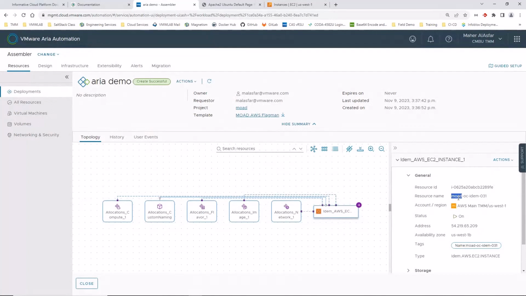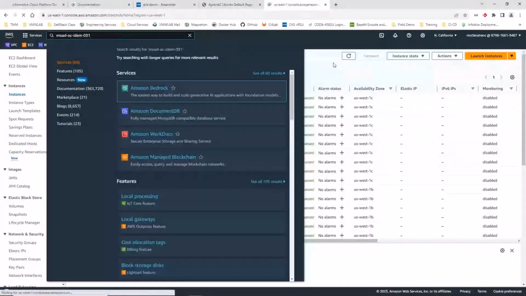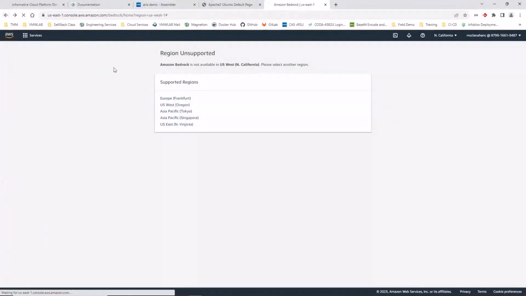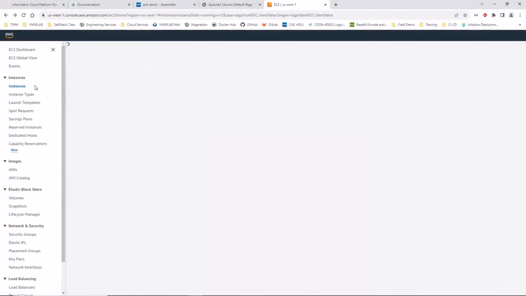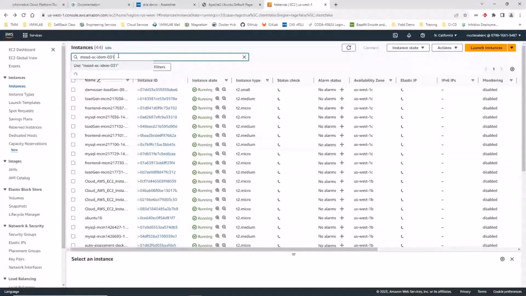And this name got generated. It put the project name in the front, the OC-idem in the format template, and it added the next available number. So we'll go back here, select the region that we provisioned this in. Sorry, I'm using the wrong search bar. So here, where I need to paste the name, and if I hit enter,